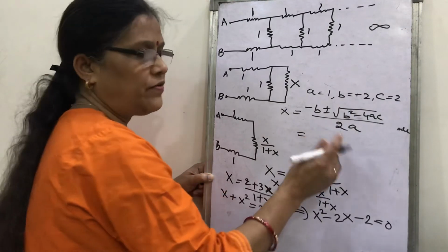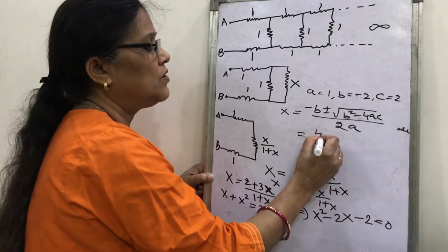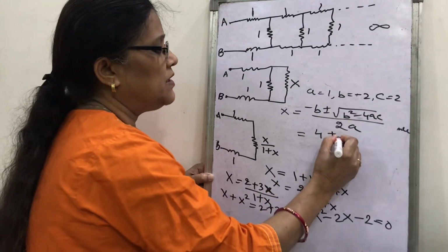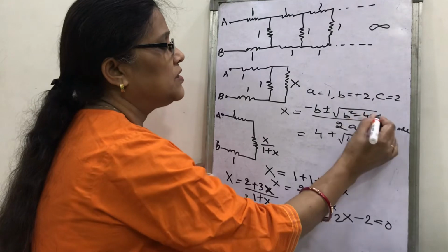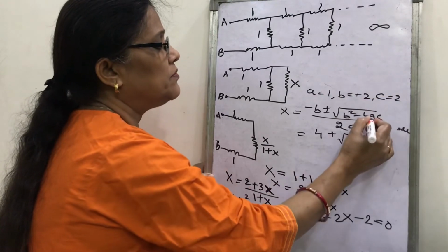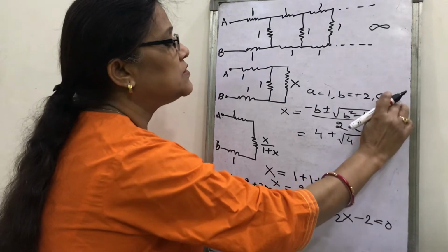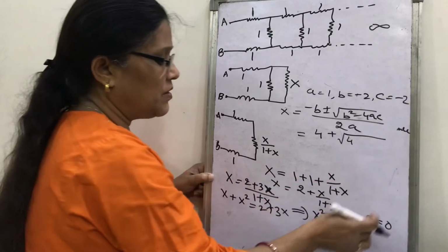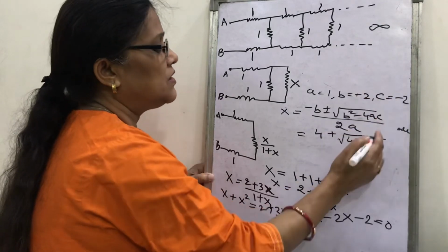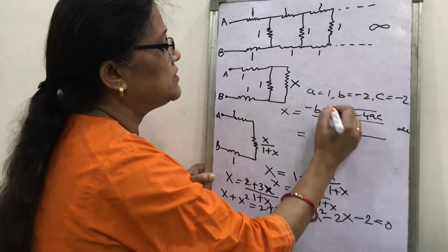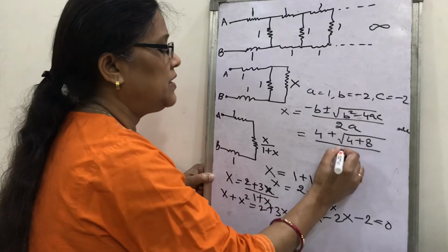So your value of x you will get here, that will be 4 plus minus under root b square, that is 4 minus 4ac. So 4ac, this is c is minus 2 here. You will compare with the quadratic equation. So it will be 4 into this ac. So this will be 8 and upon 2a, that will be 2.